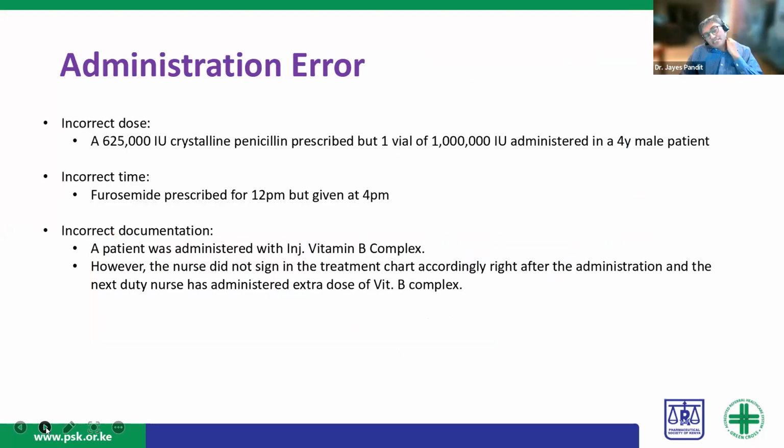So as you keep this in mind, the next broader class that I had highlighted was admin error. And in administration error, you can see that a classic point is small errors which go unnoticed. At times they don't mean a big thing, but they have a huge potential to cause harm. So here you can see 1 million IU versus 625,000 of crystalline penicillin. Timing was different. So you gave your Lasix injection at 4 p.m. instead of 12 noon. Typically, we know we give this BD. It's given in combination with other medicines, so it's supposed to give an add-on effect,